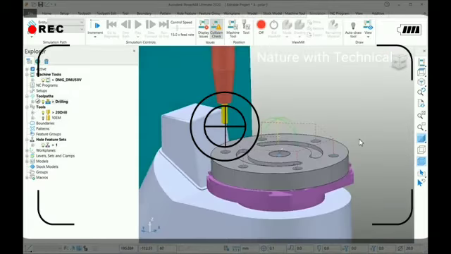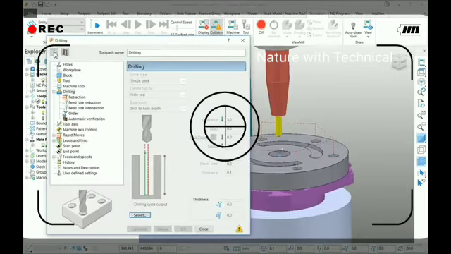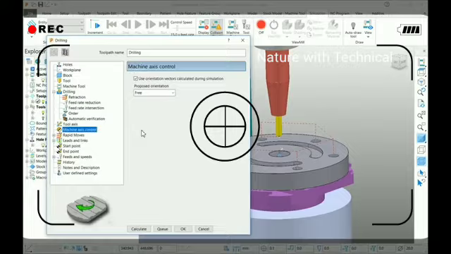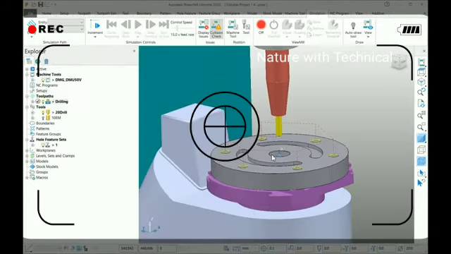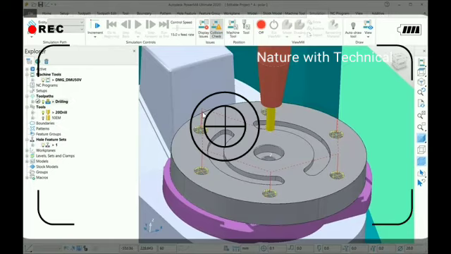For that, go to your settings page, refresh the toolpath, go to the mission axis control page, select the polar as your orientation vector. Here you can select Y or X axis as your lock position. So for this, I'm using a Y axis. So I'm calculating this toolpath here. So now you can see the links are very straight to the hole position.